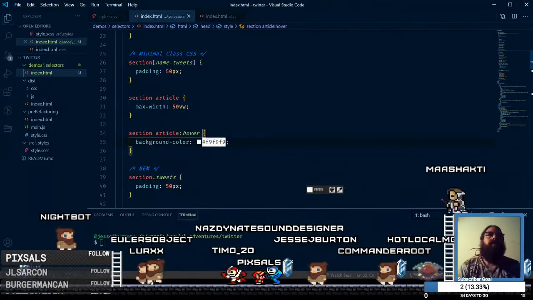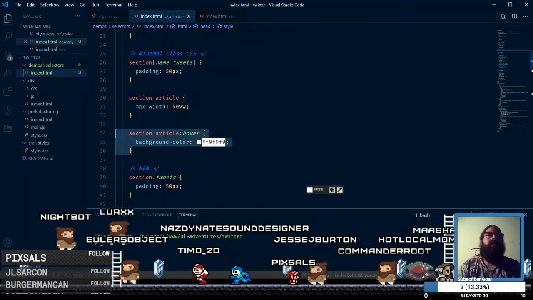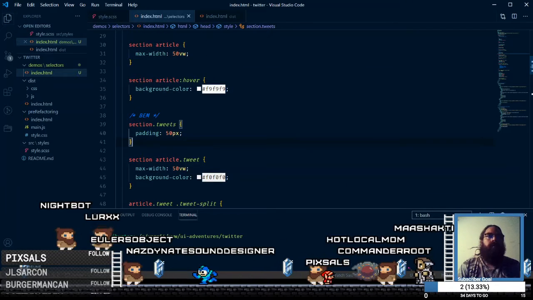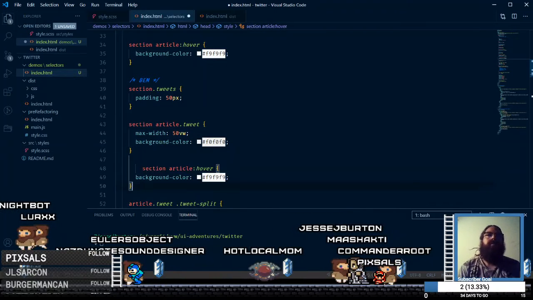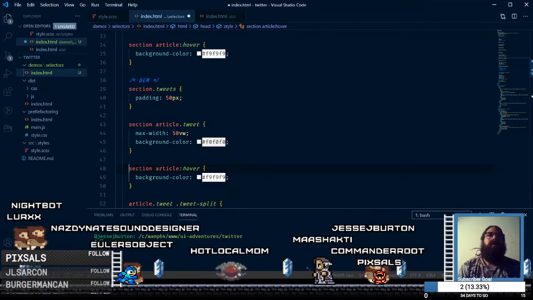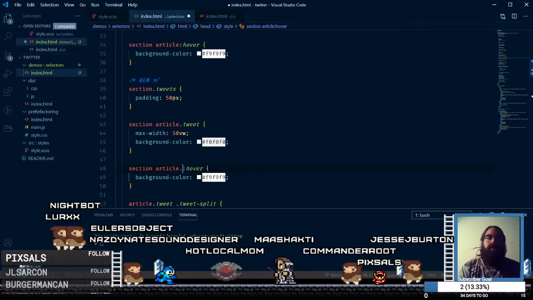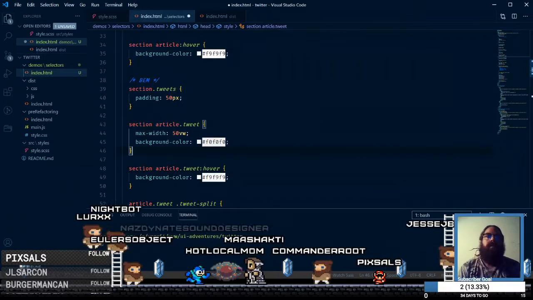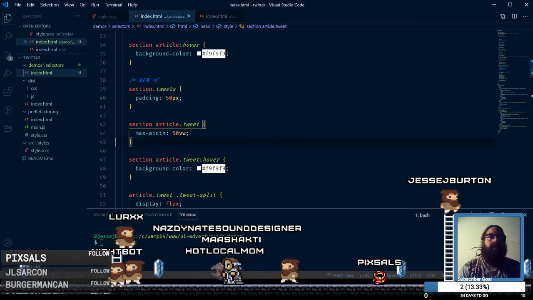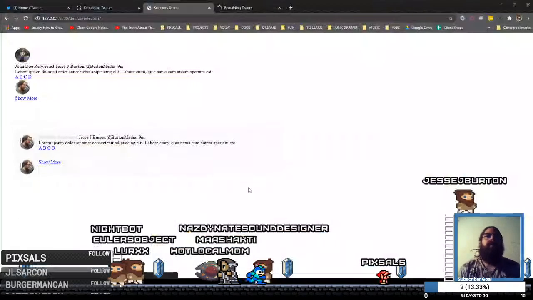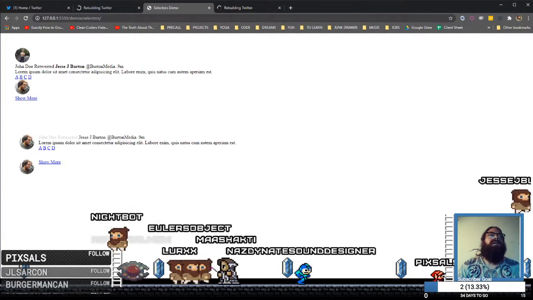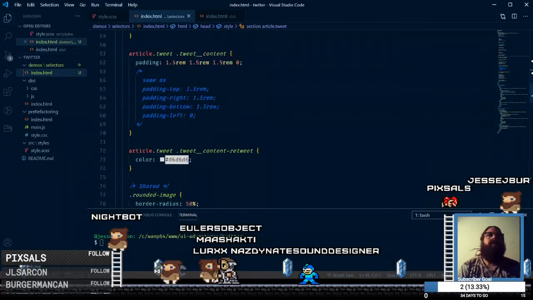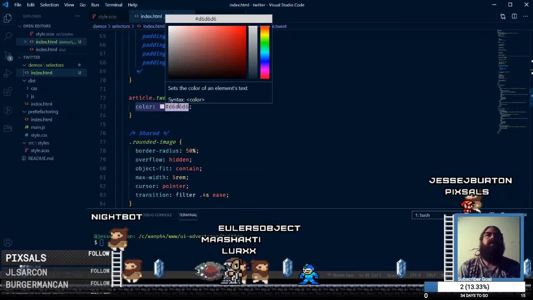Oh, as I did it on the article tweets. We need to do this. Article dot tweet hover, and we'll get rid of this. There, that looks good. And then we need a way darker gray for the